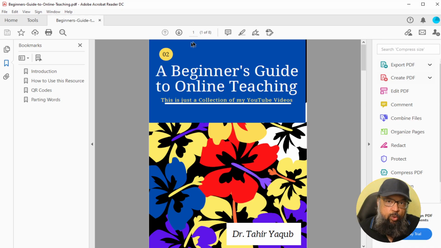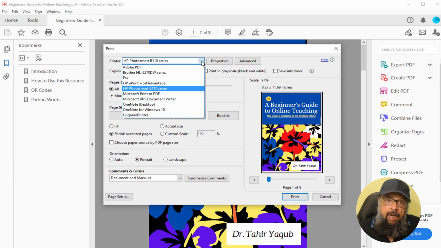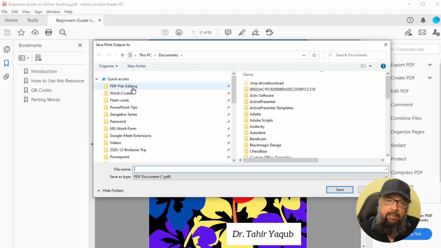I want to remove the page number 5 from this PDF. To do that, when I click on File, then I can click on Print, and then you select Microsoft Print to PDF as your printer. Once this printer is selected, now you click on these pages, and now you have to put all the pages except the page which you want to remove. So let's say I want to remove page number 5. So what I will type here is 1 to 4, 6-8. So 5 is missing. Then I click print, and now I save this file.